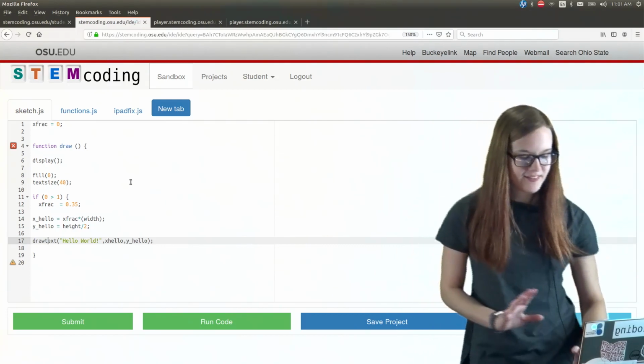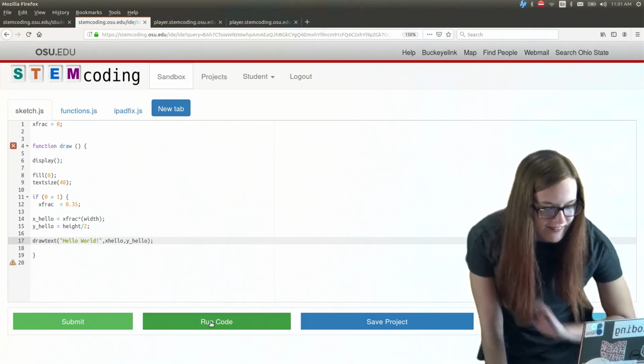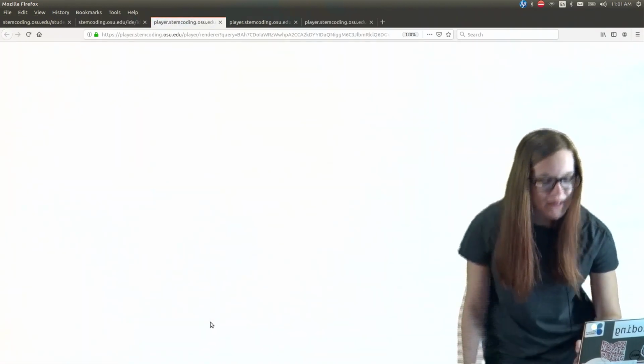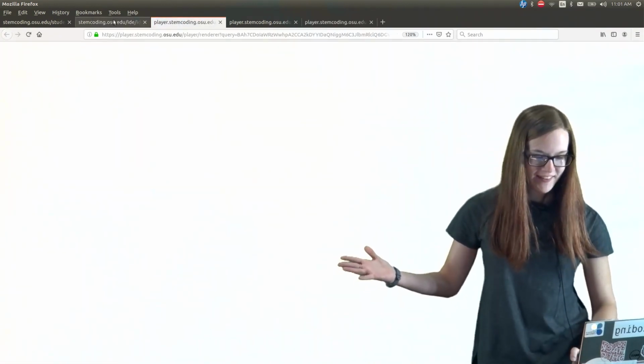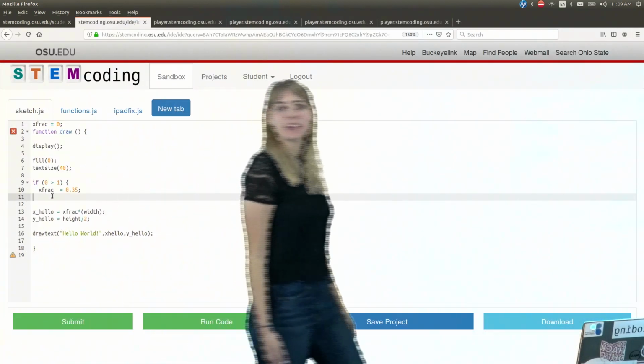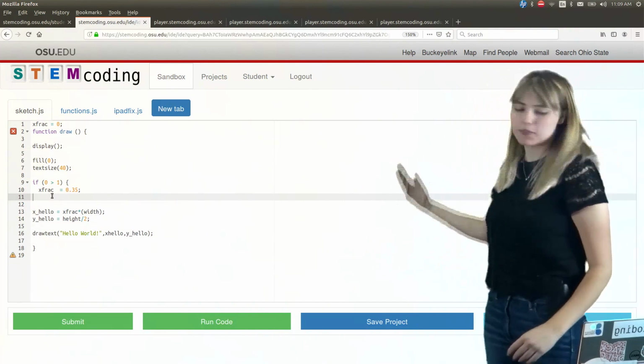Errors galore. No way this code's gonna run. White screen of death. All of the errors. All right, so if you're going to go ahead and run this code,